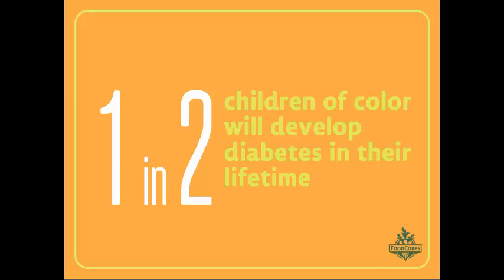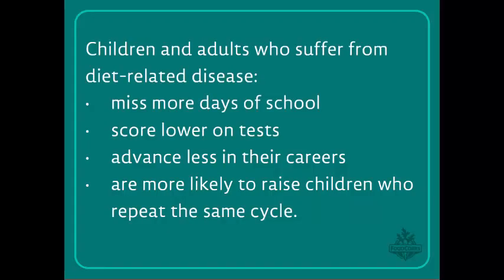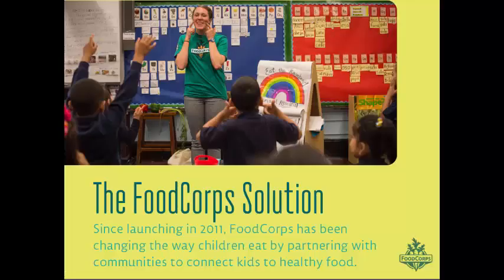So this is also about more than just the foods that are out there. It's about other societal forces and factors that make the farm to school work that we do really intersectional and focused on changing these statistics in all of our communities. Children and adults who suffer from diet-related disease miss more days of school, score lower on test scores, advance less in their careers, and are more likely to raise children and repeat the cycle. So that's a little bit of overview of some of the crises we're seeing in childhood health, but enough of that, because